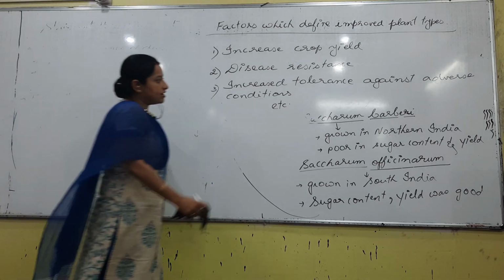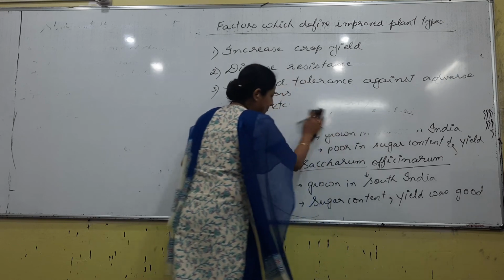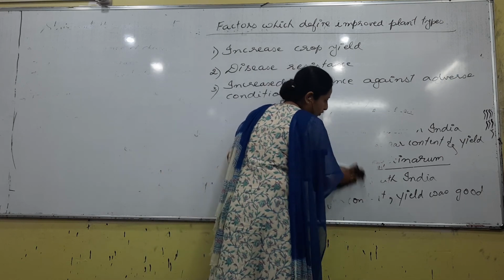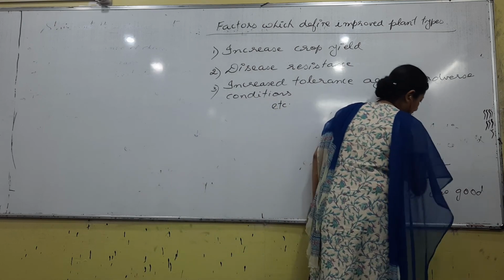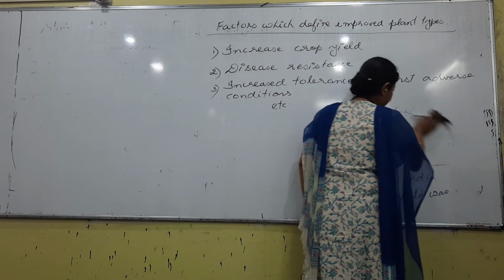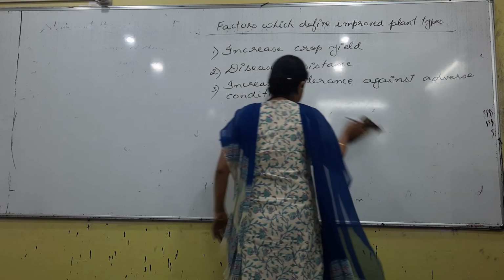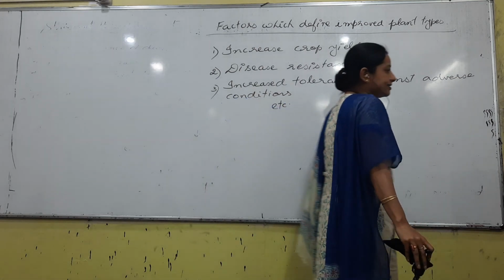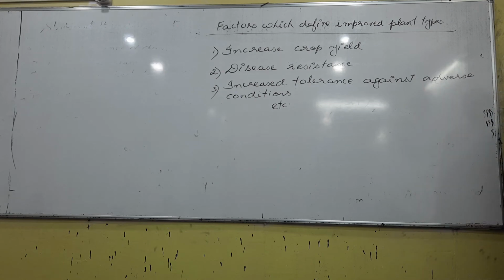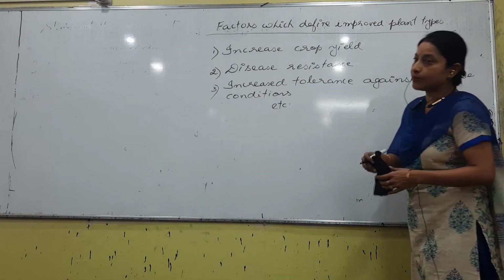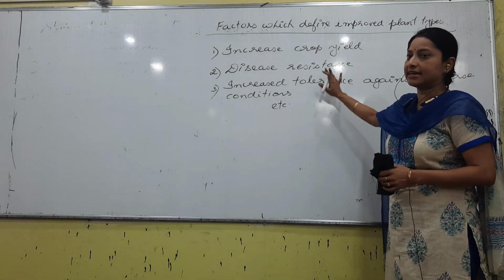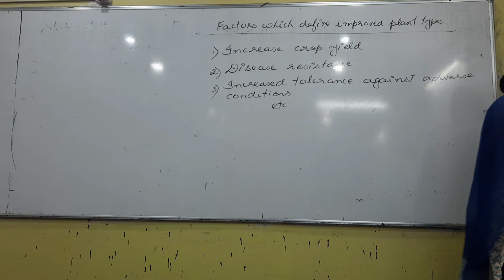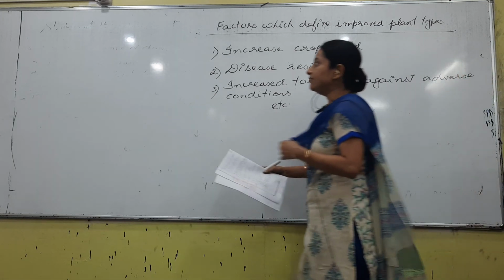So this is just an introduction of plant breeding. What is plant breeding? Nothing but a cross. Why do you go for plant breeding? To obtain a desired product, right? There are certain plants where plant breeding has been done, and we have written certain examples. Next, the desired product should have certain characteristics. What are the characteristics that we expect from a good plant? Crop yield should be there, disease resistance should be there, or tolerance should be there. Tolerance against what? Tolerance against adverse environmental conditions or any other conditions.